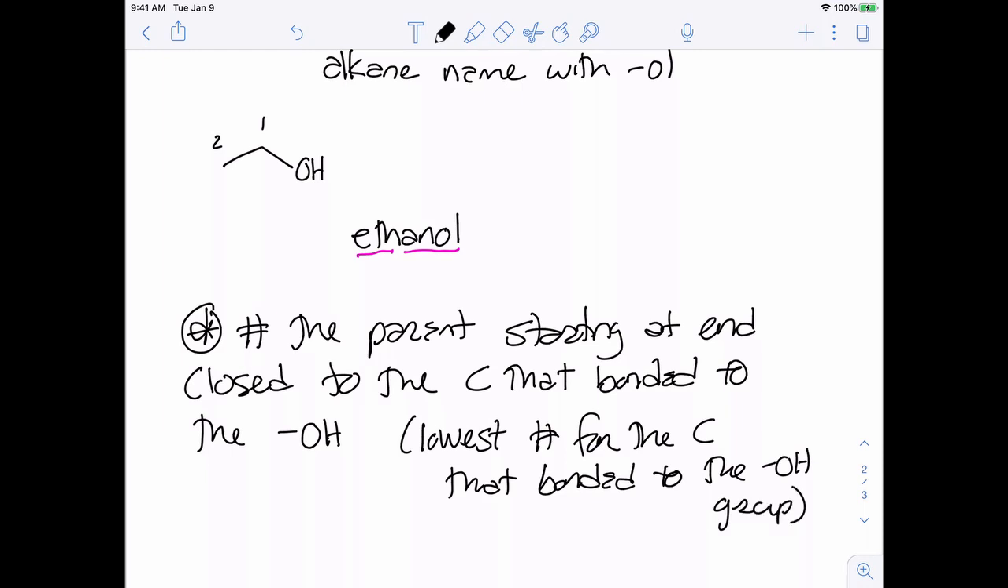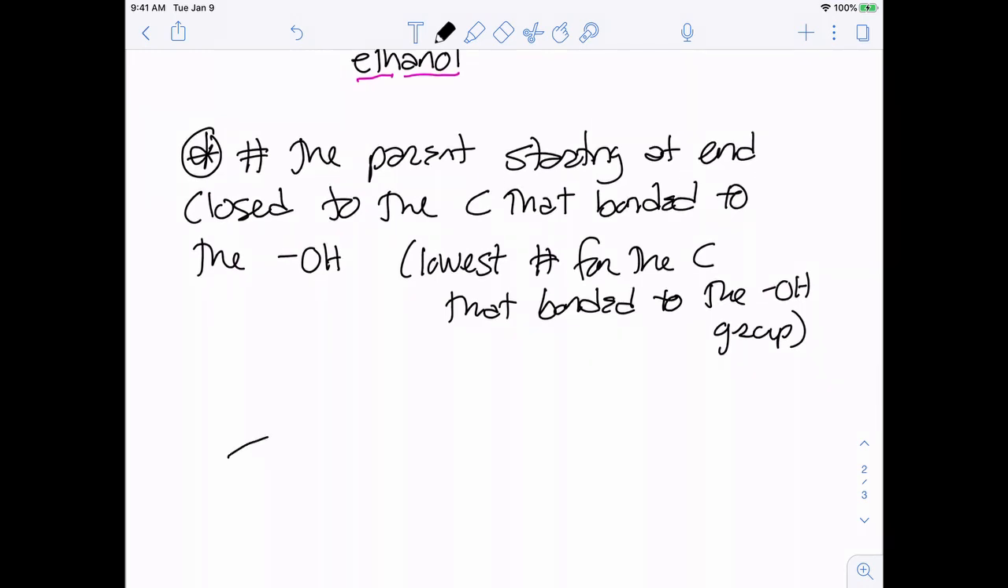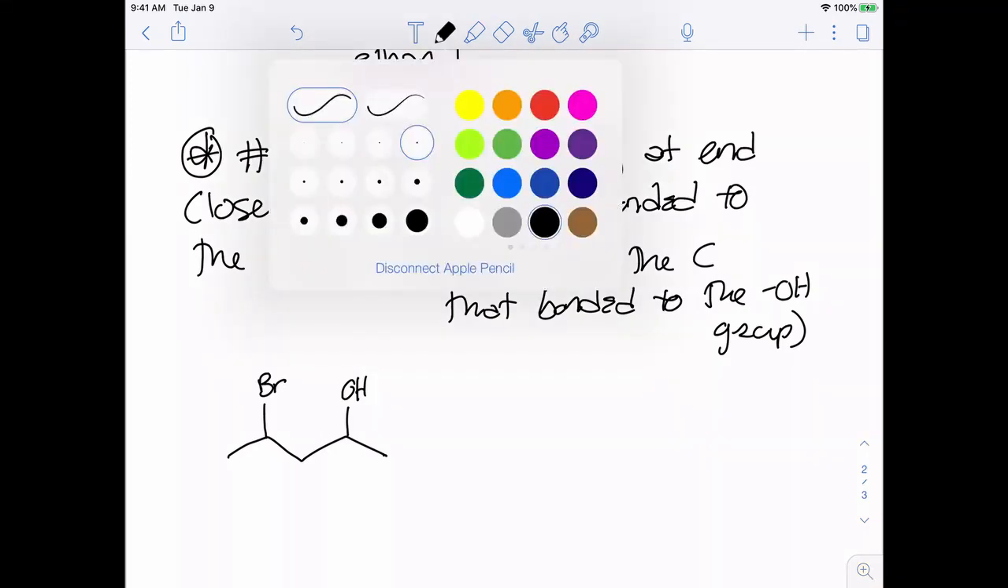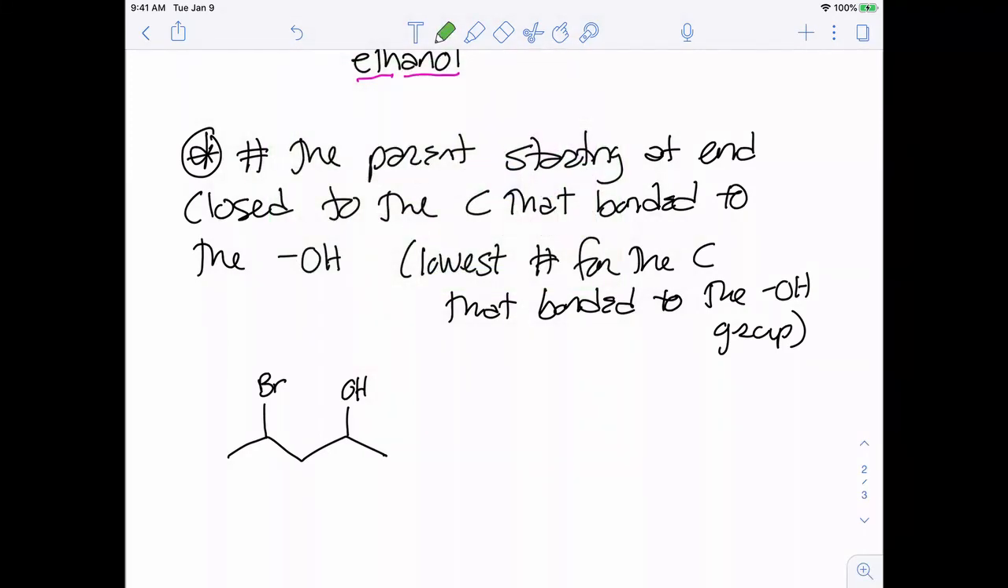So because the functional group is an alcohol, that's going to trump branches. So if I had an alcohol group here and I had a bromine here, my bromine, remember, we name alkyl halides as just a substituent. So if I went from this direction, I would have my branch on carbon 2. If I go from this direction, my branch is on carbon 4, but this is the correct way because we want to number it closest,